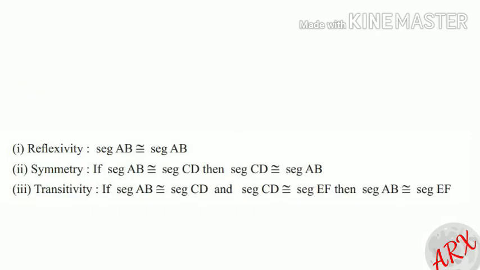Third property, transitivity. If first segment congruent to second segment and second segment congruent to third segment, then first segment and third segment are congruent. For example, if segment AB congruent to segment CD and segment CD congruent to segment EF, then segment AB congruent